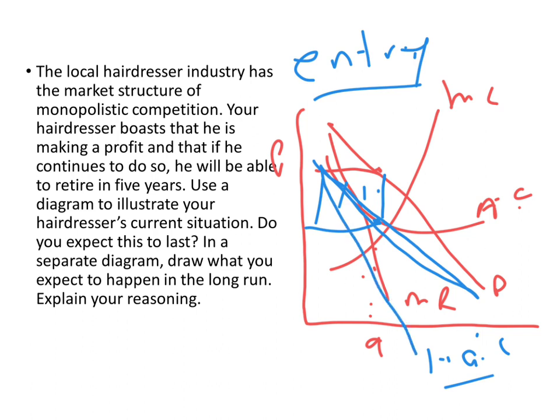And the MR curve will also shift. It's a little ugly to see. I didn't draw that really well, but the long run position for monopolistic competition, it's always the case that the long run is going to be breaking even. Okay, it doesn't mean it'll be efficient, but it'll be breaking even, not at minimum ATC, but breaking even.